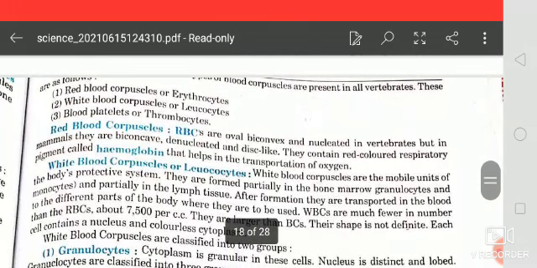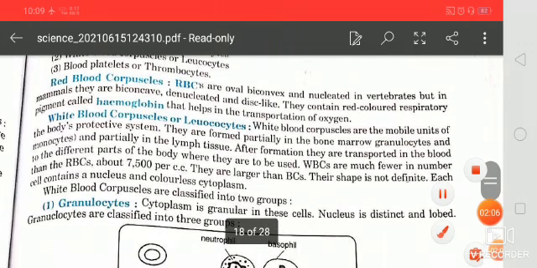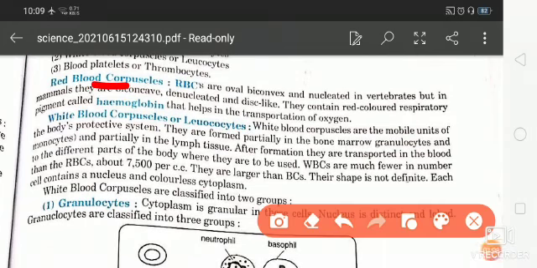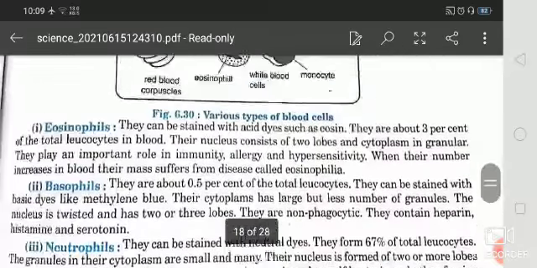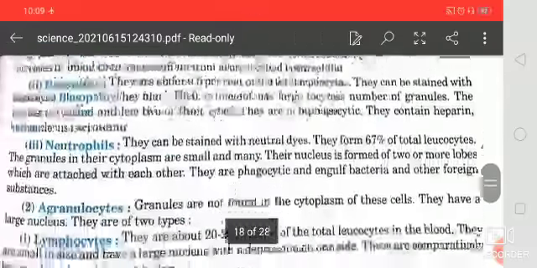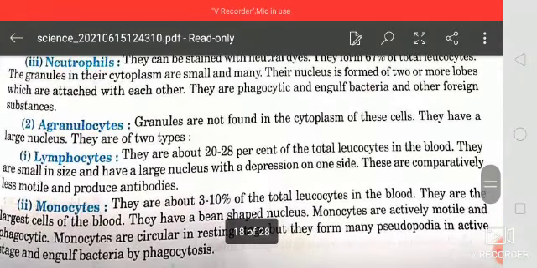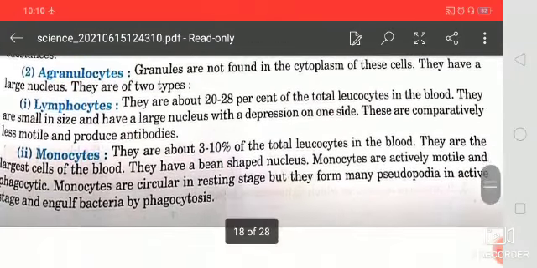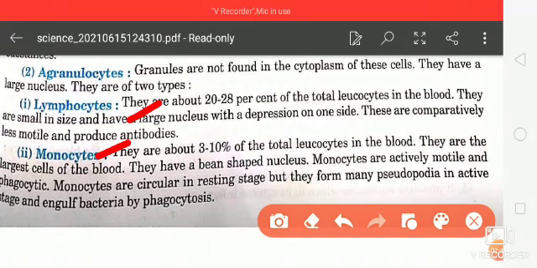Now these blood cells. Here RBC, red blood cells, are also known as erythrocytes. RBCs contain a red colored respiratory pigment called hemoglobin, and it transports oxygen. White blood cells are also known as the soldiers, that means they form the antibodies in the blood. Next, these are categorized into granulocytes, which are of three types: eosinophil, basophil and neutrophils, and agranulocytes, which are lymphocytes and monocytes.